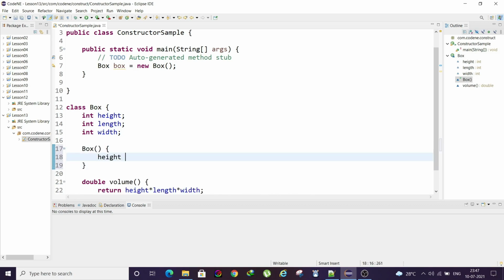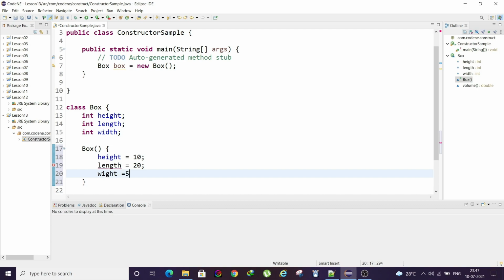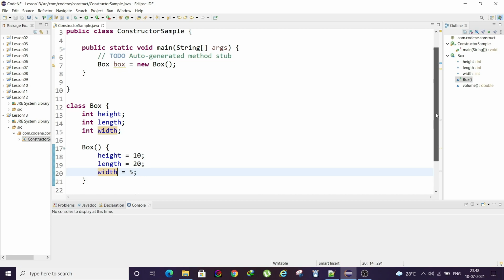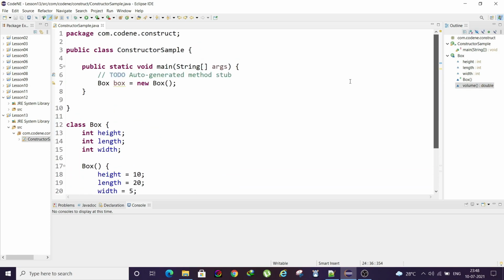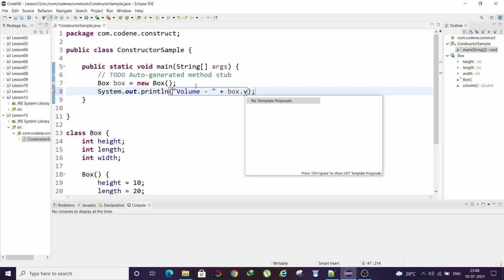But you can also make your default constructor do something. For example, assign some values to your variables. So now I can simply get the output like this, box dot volume.